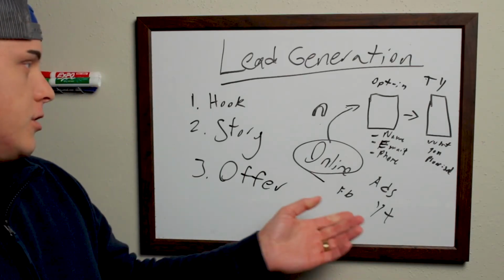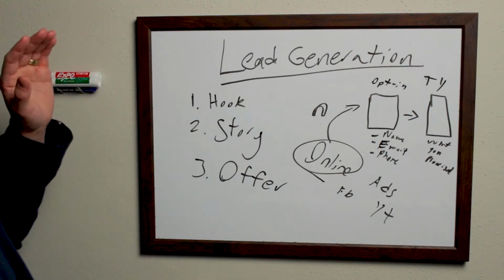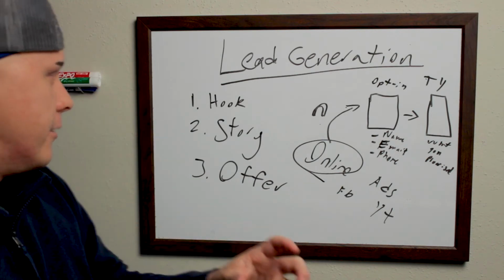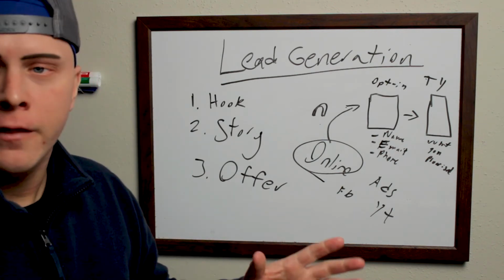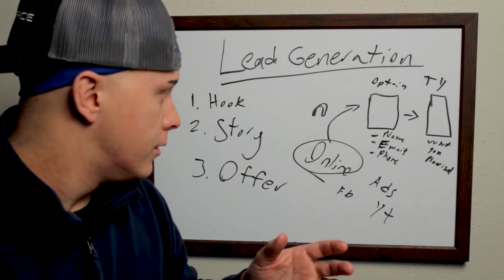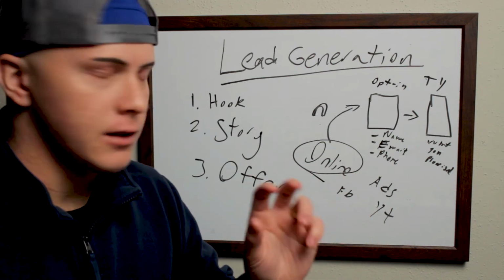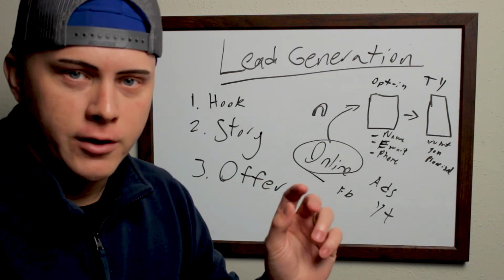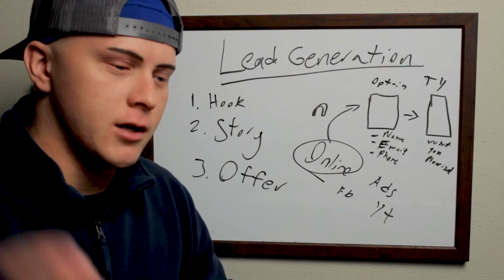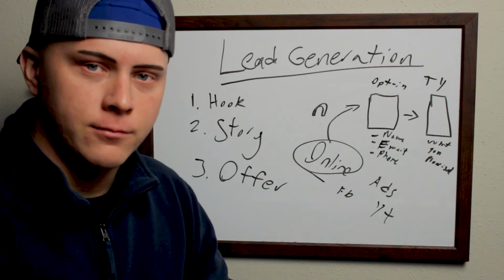Ultimately, this is what you're doing in your lead generation strategy. You're looking for a system comprised of these elements, a hook, a story, and an offer, that will take your customer from not really knowing about you at all to the point that they're familiar with you, they trust you, they like you a little bit, to where you can then sell them on your higher end stuff. You can lead them up what is known as the value ladder.